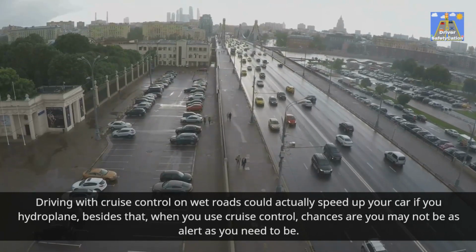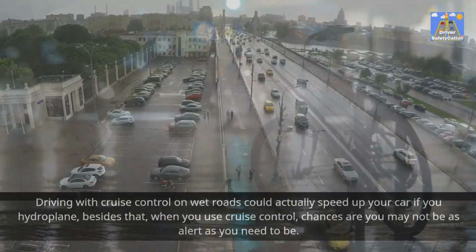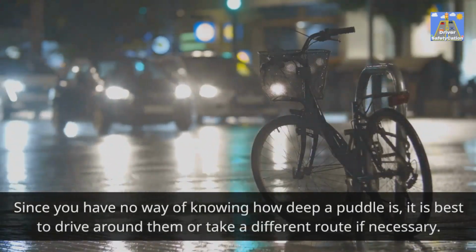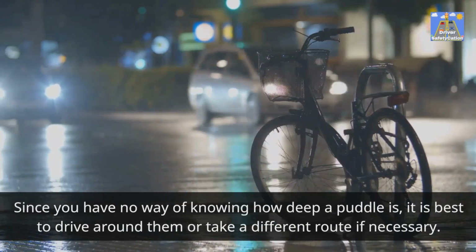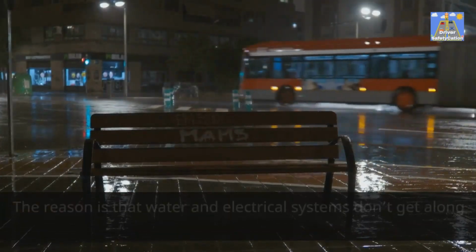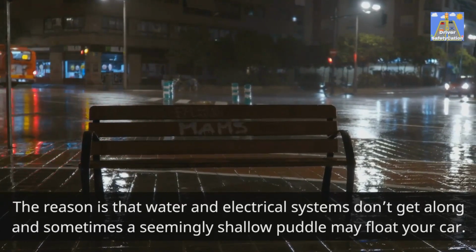Besides that, when you use cruise control, chances are you may not be as alert as you need to be. Since you have no way of knowing how deep a puddle is, it is best to drive around them or take a different route if necessary. The reason is that water and electrical systems don't get along, and sometimes a seemingly shallow puddle may float your